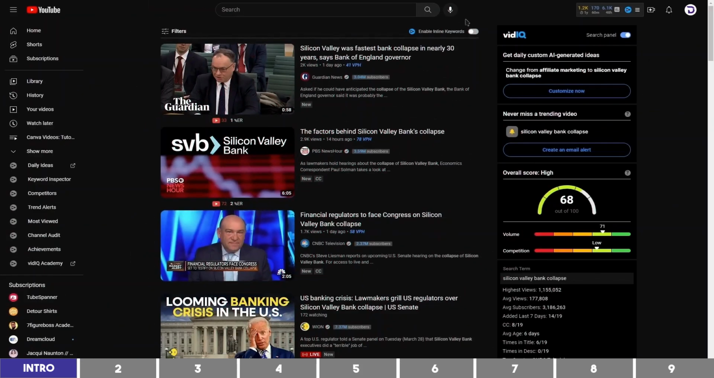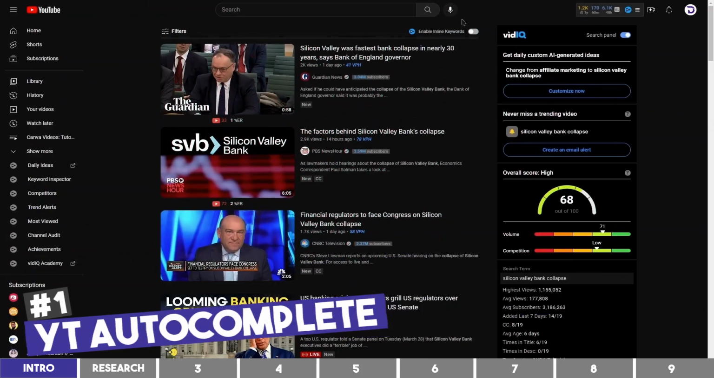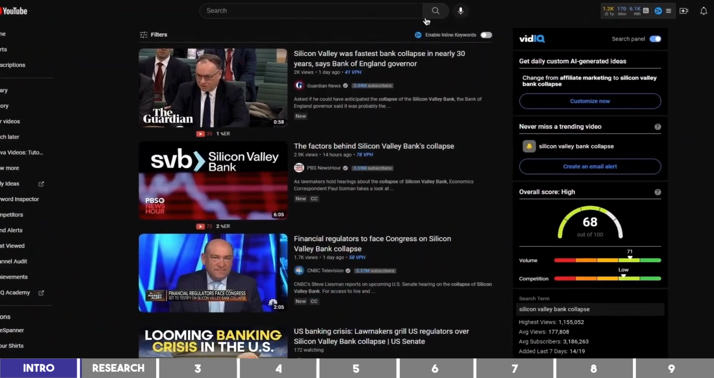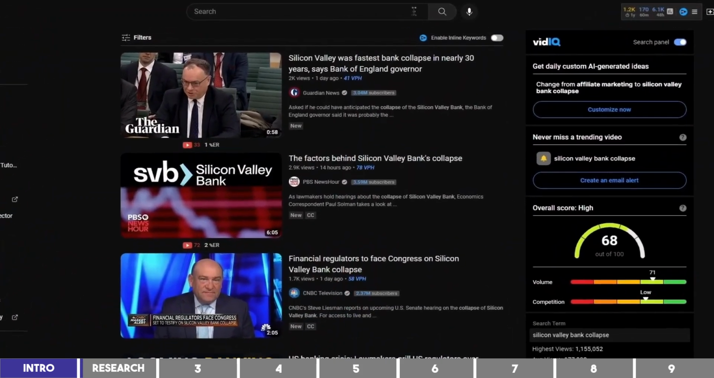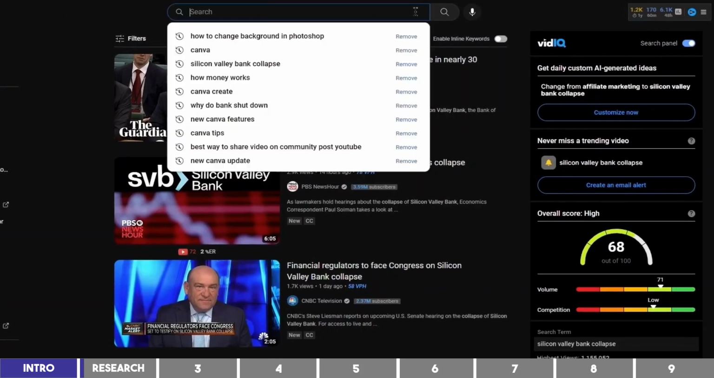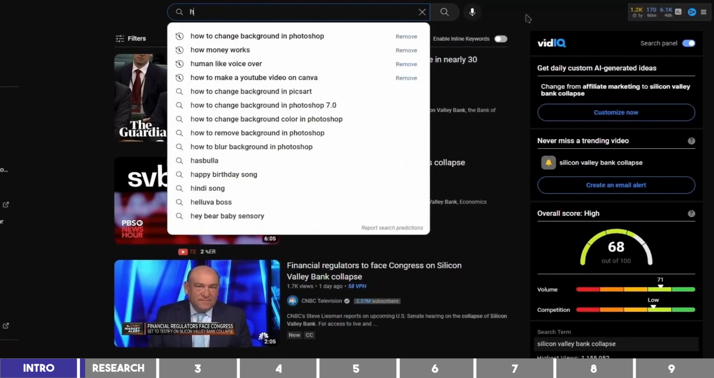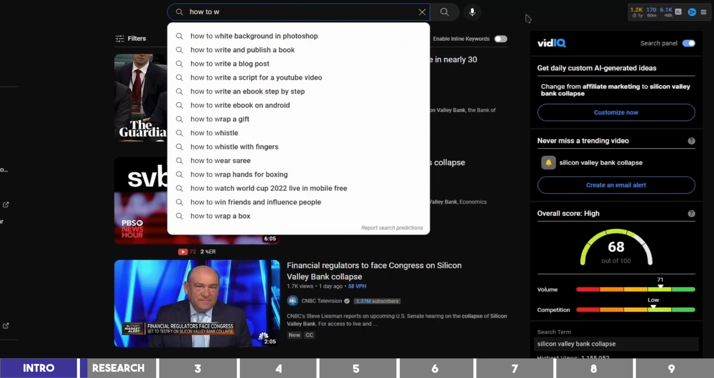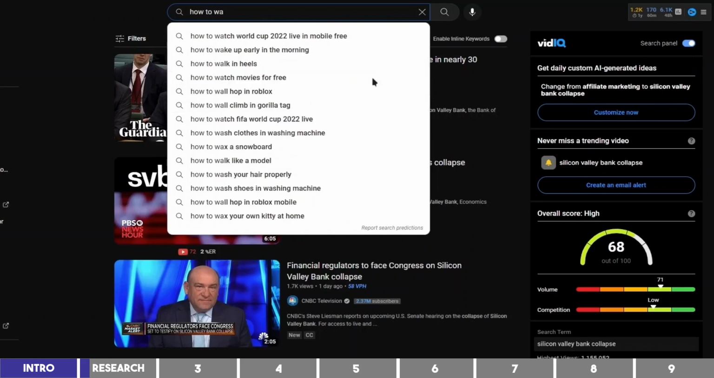plan. Starting with the research is the YouTube autocomplete. The search bar at the top can be used to get the keywords most people are typing on YouTube. If your channel is on education, you can type how to. Then if you type a letter like W, you can see different topics here. And if you add another letter like A, you can see more like this topic, how to wake up early